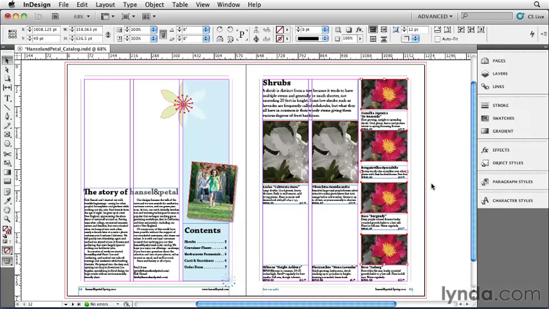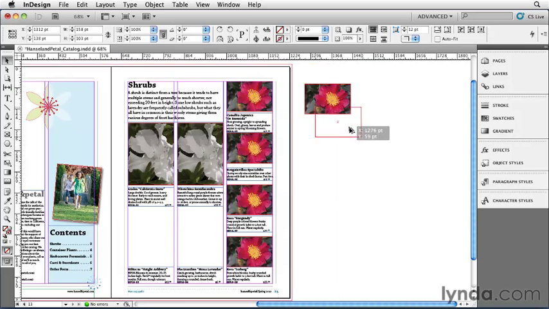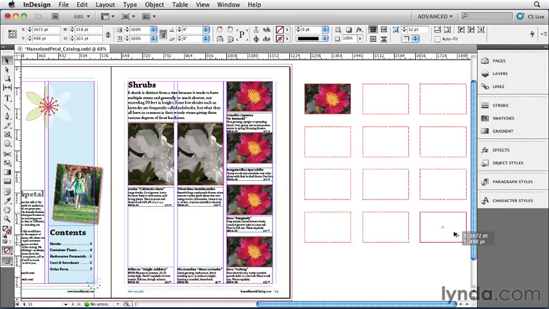I'll show you another example of this over on the pasteboard. I'll deselect everything by clicking in this area of the margin where there's no objects, and I'm just going to duplicate one of these over onto the pasteboard, just so I have something to work with. And now I'm going to Option Drag that, but this time I'm going to drag it diagonally, not just straight down, but diagonally. I'll let go of the Option or Alt key, and I'll hit the up arrow a couple of times. You can see the duplicates being made there. And now I'm going to hit the right arrow a couple of times.